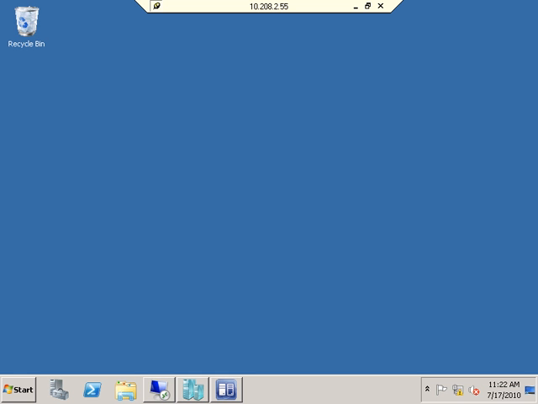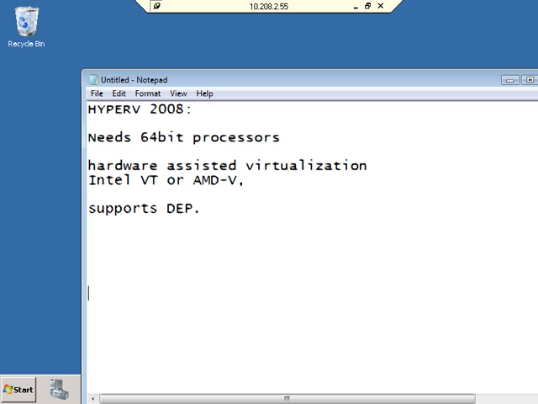In this tutorial, we're going to take a look at the Microsoft hypervisor called Hyper-V. Hyper-V requires a system that has 64-bit processors, so you cannot install Hyper-V if your computer contains 32-bit processors. The system must also support hardware-assisted virtualization and also support data execution prevention. You can determine if your system provides these by going to the system's BIOS to determine if these technologies are